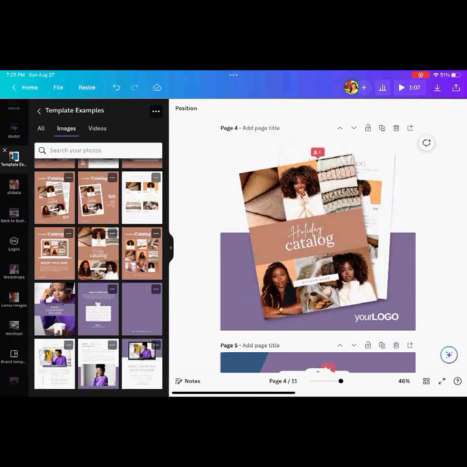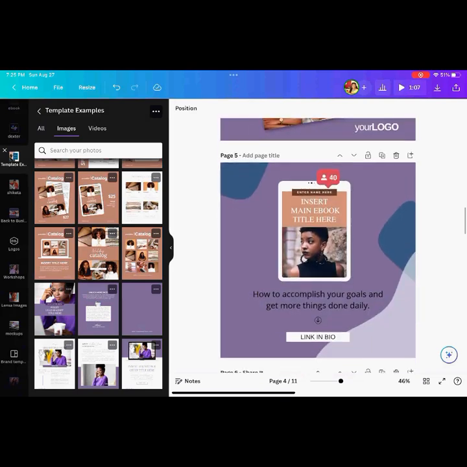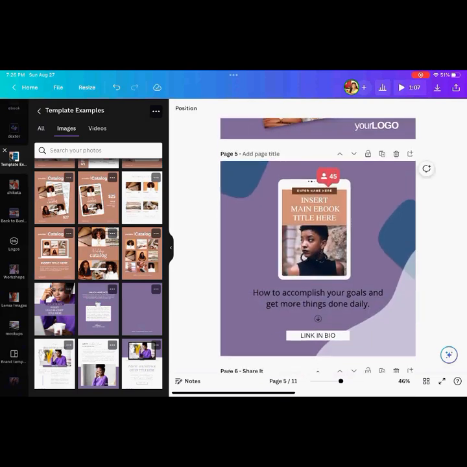So in this one, I love that it has the little like button that moves, and then it's just showing you that the like count is going up. That cute little animation at the top there gives it a little bit of character. So you do have quite a few options to choose from.